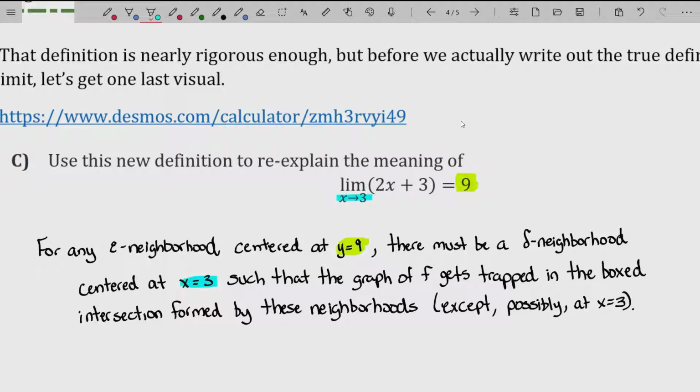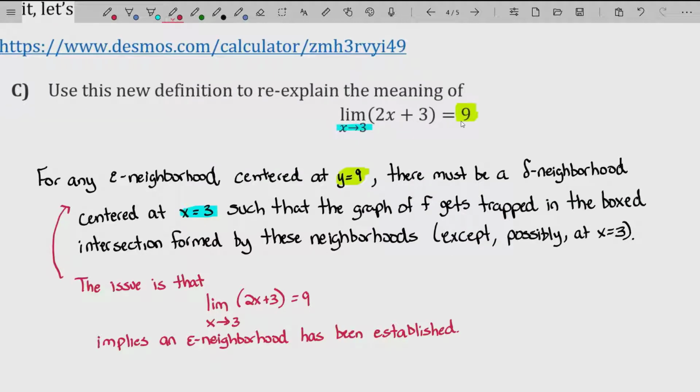Now, the critical issue that we were having here is the fact that this whole definition starts with for any epsilon neighborhood centered at L. Okay. So in other words, we have to start with an epsilon neighborhood being handed to us. I'm going to write that down. So let me read this out. I said the issue is that the limit as x approaches 3 of 2x plus 3 equaling 9 implies that